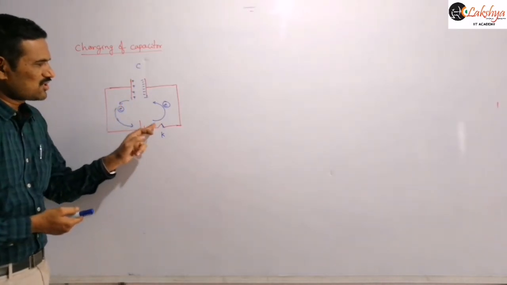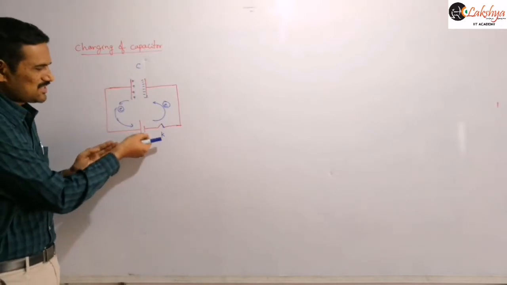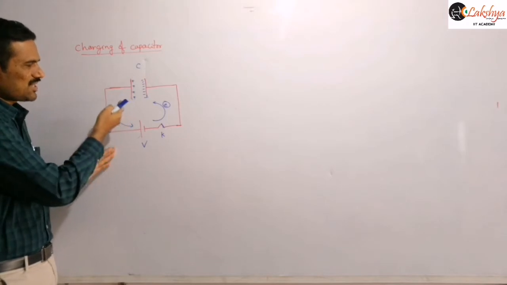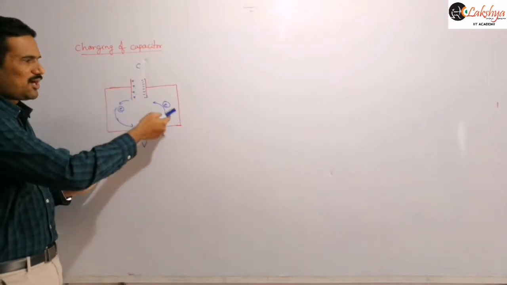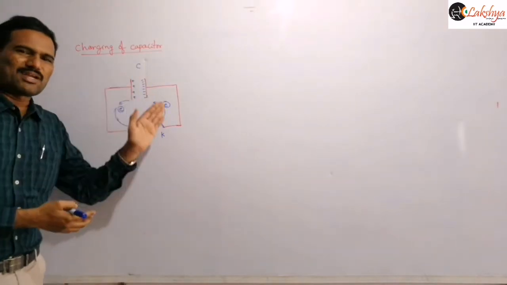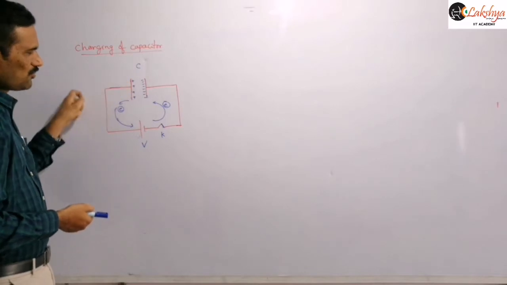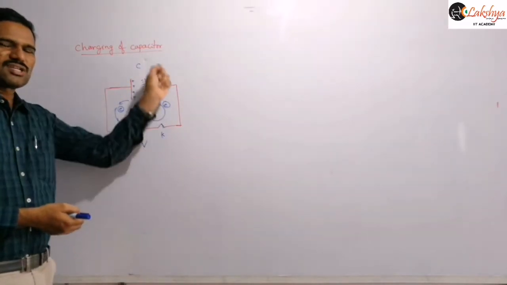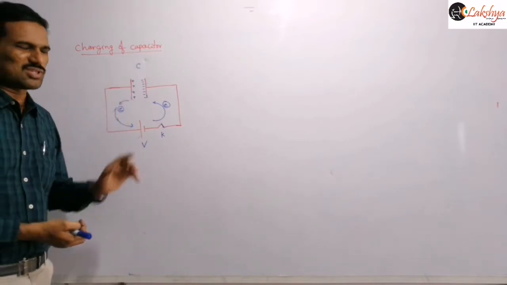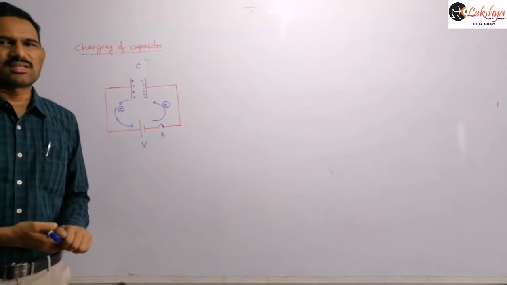Now those electrons are drifted towards this plate. So this plate will get a negative charge. Those charges are nothing but coming from the other plate, and finally they are stored on this plate, so this plate gets some excess number of electrons. So from this plate we are removing certain electrons and those electrons are shifted to the other plate. This plate has a deficiency of electrons, which is nothing but our positive charge, and here an excess number of electrons are there, and so it will get the negative charge.